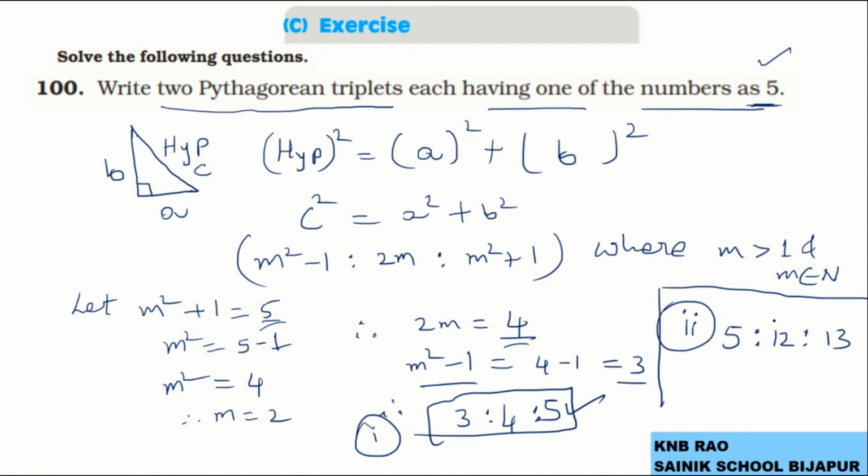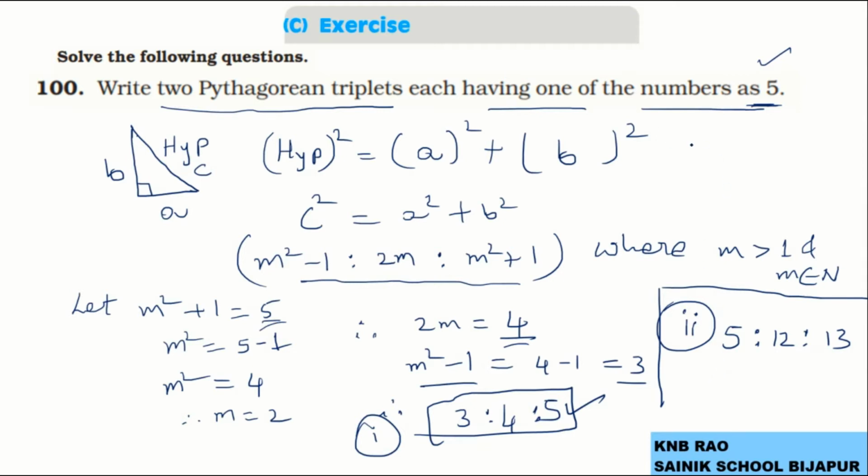Okay, how to get this from this one is not possible for your brain now, I mean for your level. It has got some other formula to get it. I am not discussing it right now, but we can certainly get 5, 12, 13 as also another Pythagorean triplet. You can cross check even.